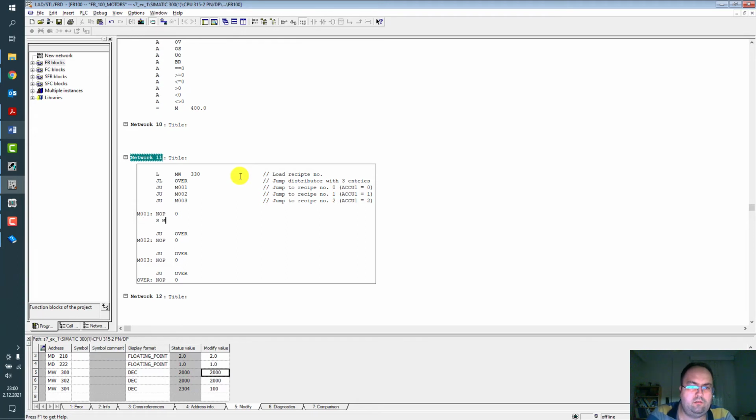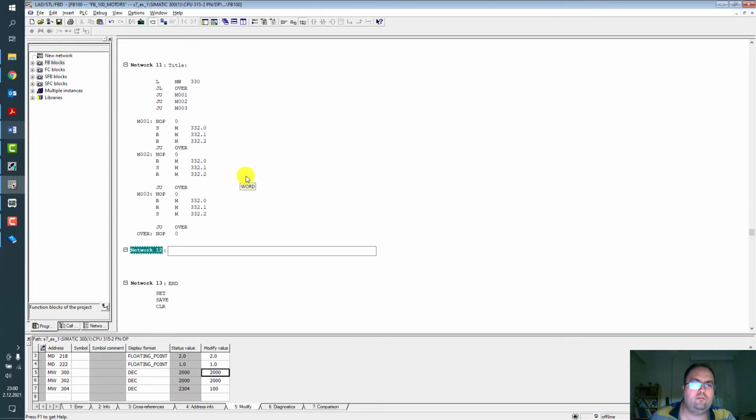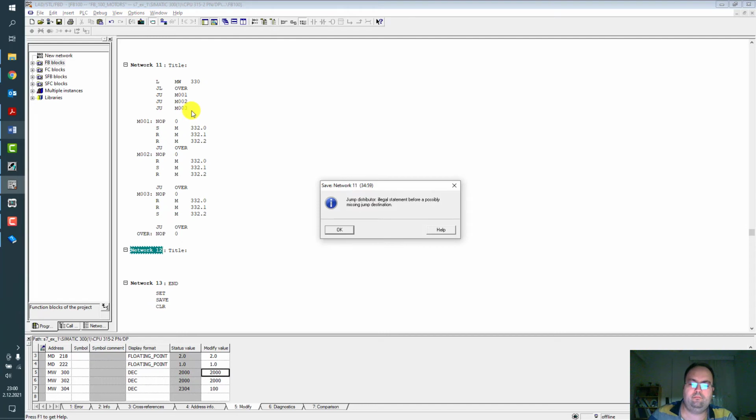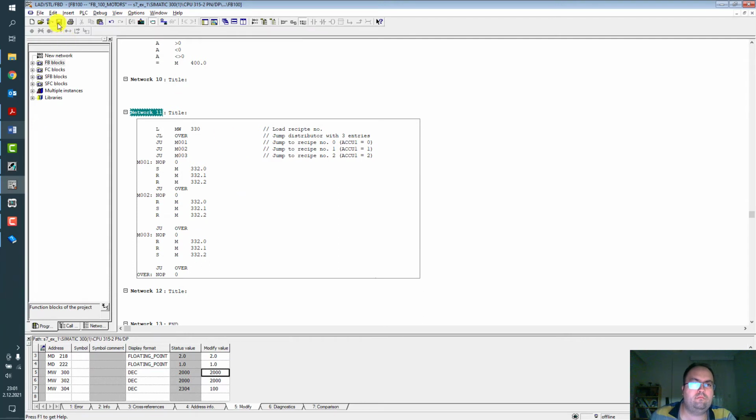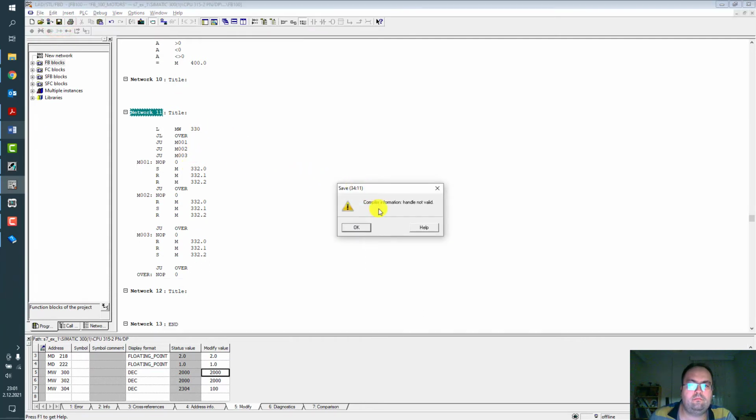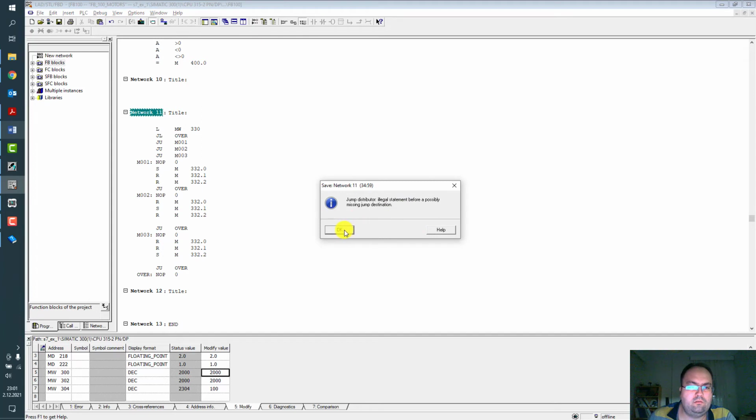Let's say set some bit. Like this. Legal statement before missing jump destination.